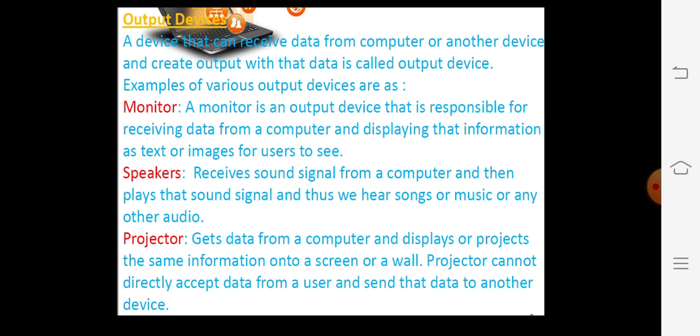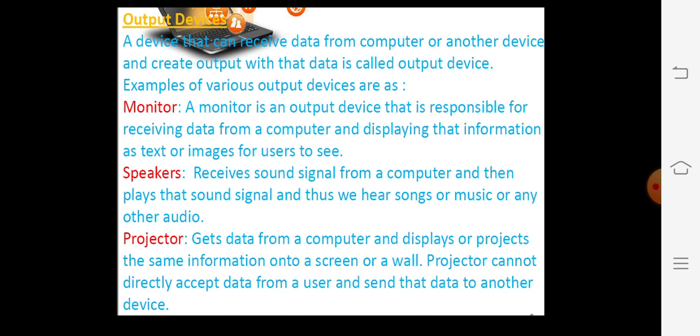It receives data from the computer and displays that information as text or an image to the user for viewing the output. Then the next one is the speaker. It receives sound signals from the computer, then plays that sound, and thus we hear songs, music or any other audio from the computer system.